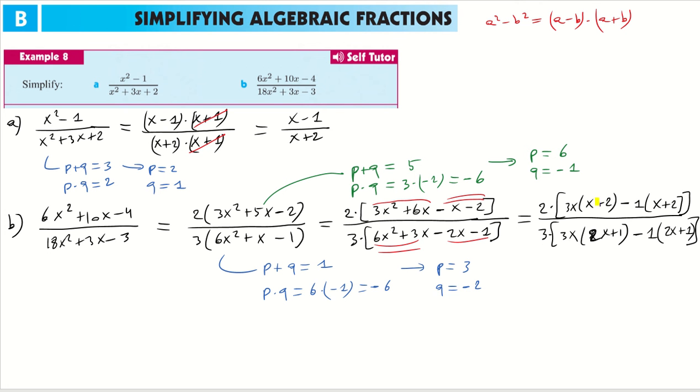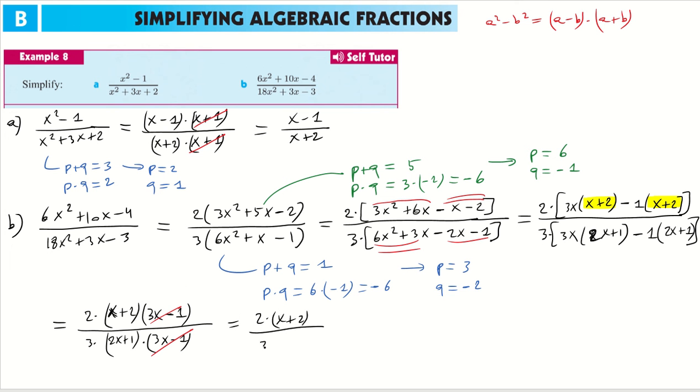What do we see? In the numerator, I have an x plus 2 and an x plus 2, so I can take that out. So the numerator becomes 2 times x plus 2. And if I take the x plus 2 out, I have 3x minus 1, which is left. 3x from the first term, the minus 1 from the second term. And in the denominator, I have a 3 here. Here I take 2x plus 1 out. What is left? 3x minus 1 is left. 3x minus 1 cancel out. So it's equal to 2 times x plus 2 over 3 times 2x